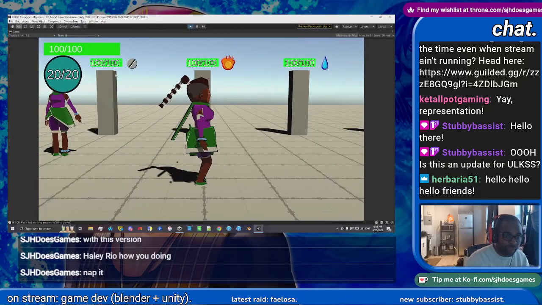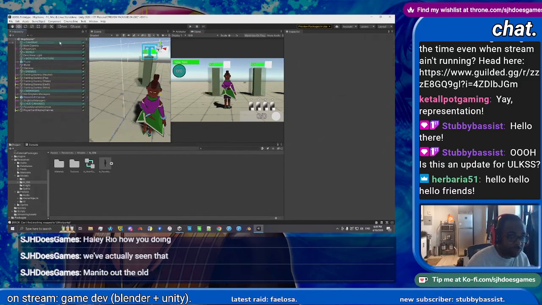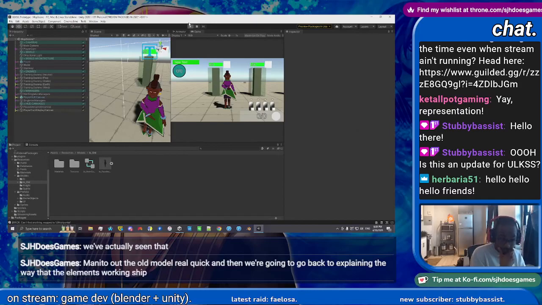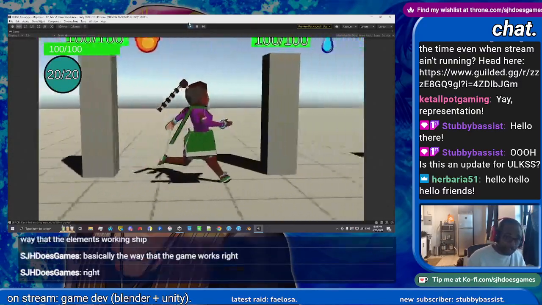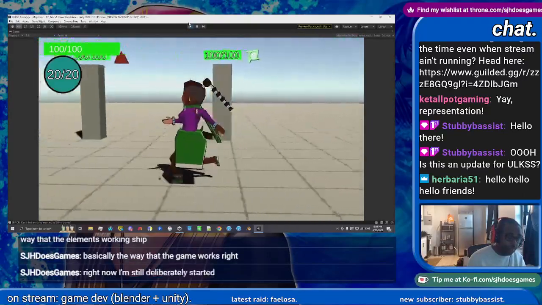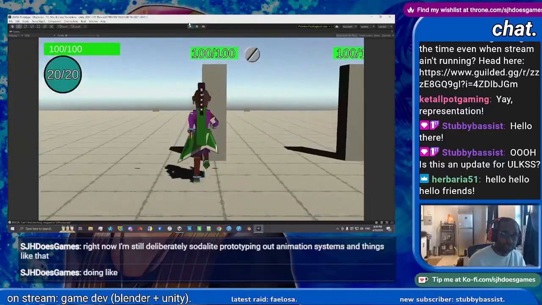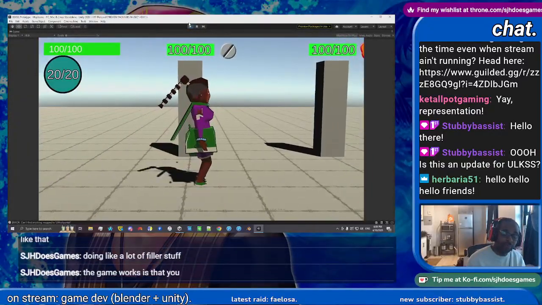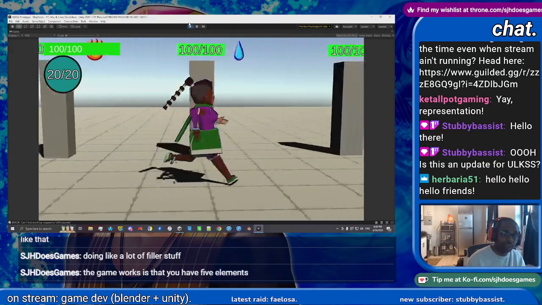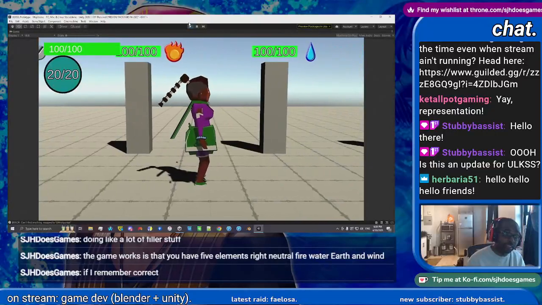Now that we've actually seen that, let me throw out the old model real quick, and then we're going to go back to explaining the way that the elements work. Right now I'm still deliberately prototyping animation systems and things like that, which basically just means I'm doing a lot of filler stuff. But the way that the game works is that you have 5 elements: neutral, fire, water, earth, and wind. If I remember correctly,